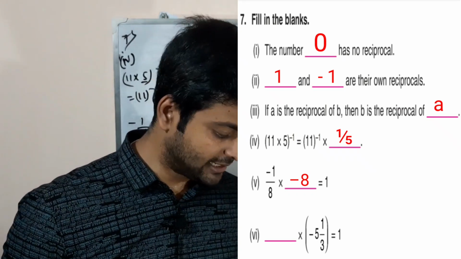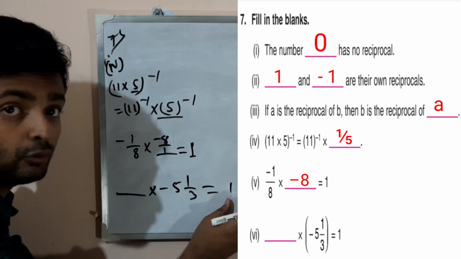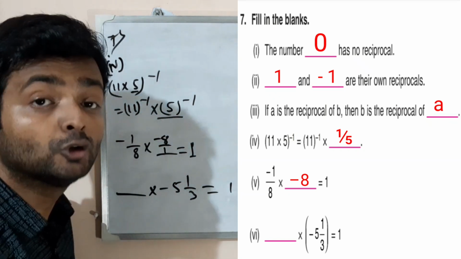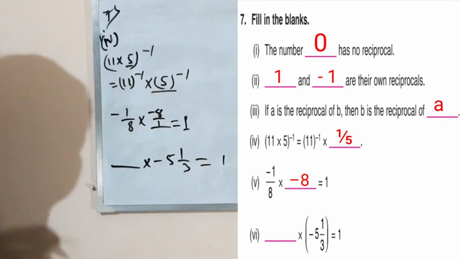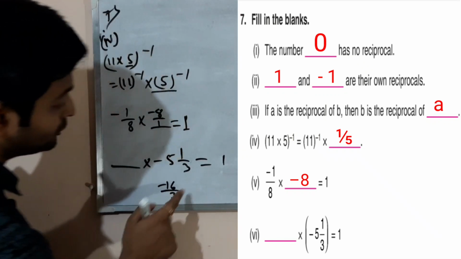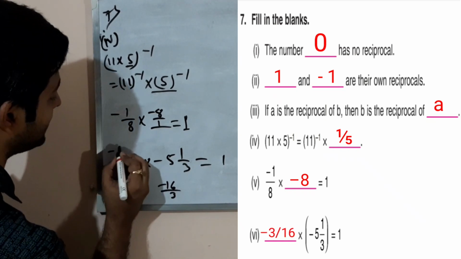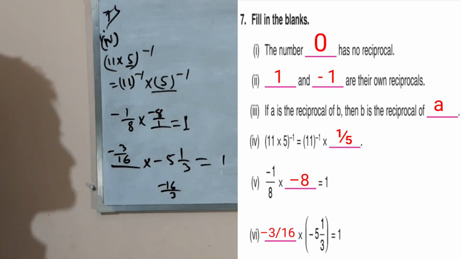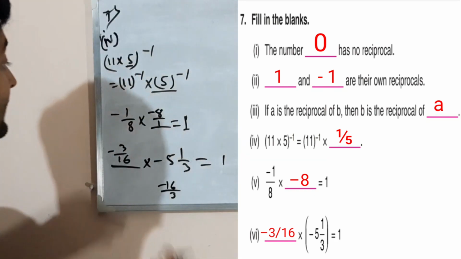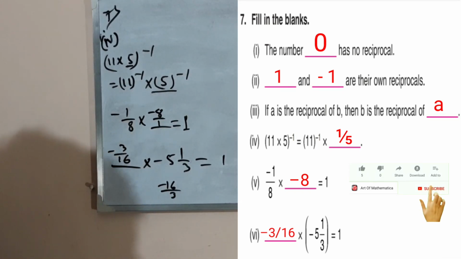Next, question number 6, again the same, you have to write its reciprocal number because their product is always 1. But students, be careful, here the number is in mixed fraction. So first convert it into an improper fraction. So 5 times 3 is 15, plus 1, that means 16 by 3. So what to write for its reciprocal? That is 3 by minus 16. What is the standard form? Minus 3 by 16. So minus 3 by 16 is the number. Be careful here that you have to write its reciprocal number over there. So minus 3 by 16 is the number.